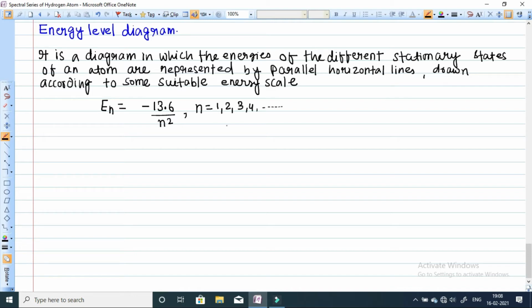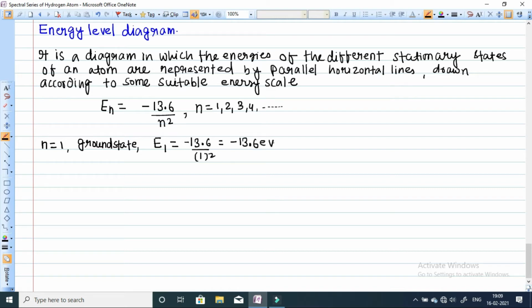Suppose I choose n equals 1. For the hydrogen atom, n equals 1 represents the ground state of the electron. When the electron is in the ground state, its energy E1 in electron volt is minus 13.6 divided by 1 square,